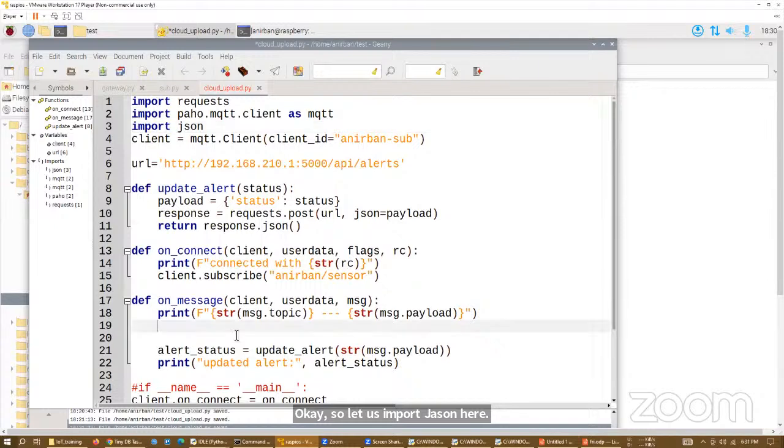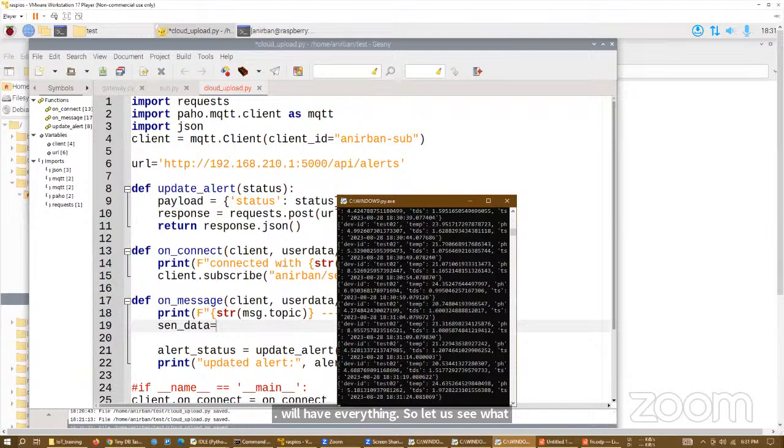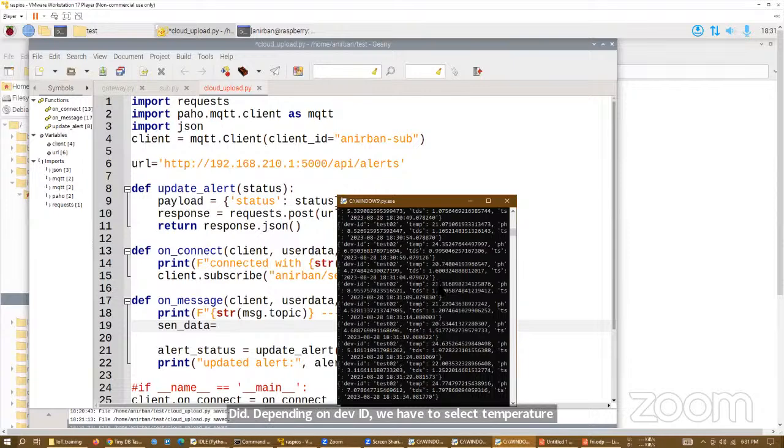Now in the payload, what we will do is, just a second. sen is equal to, sen is your sensor, short form for that. We are writing send data. Data will have everything. So let us see what keys we have here. DID 01. Depending on dev ID, we have to select temperature, and okay, this has temperature, TDS, pH, and this